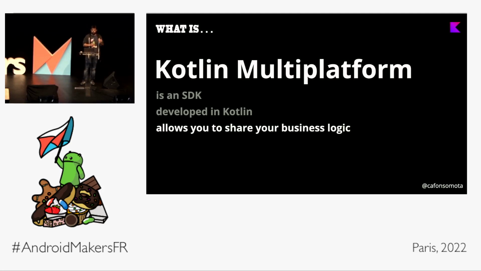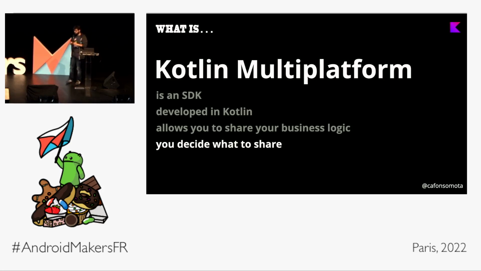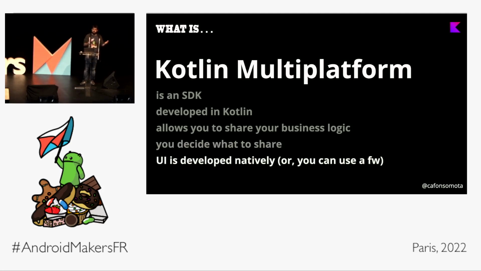And a really good thing here is that you can start small and just keep adding new features. For instance, you're going to develop a new feature, and it's going to access the network. So why not do it on multi-platform? And then, as your team starts to love Kotlin Multiplatform, you can migrate existing features. And another good thing is, let's think about the worst case. Your team doesn't feel comfortable with multi-platform. OK, there's no problem. You can always use it on Android. But I've got a slide on how to convince the iOS folks. Don't worry. And then you can develop the UI as you want. Typically, you should do it natively, but you can use Flutter, you can use any of the frameworks that you want.